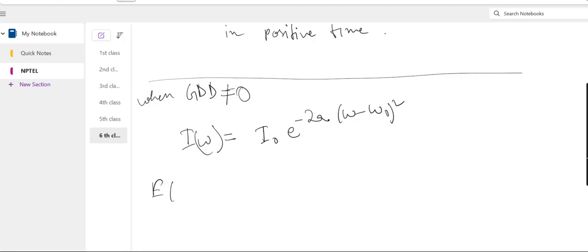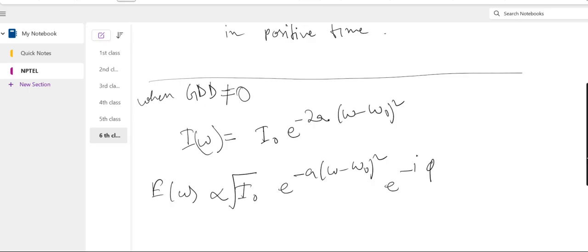So E omega would be something like e to the power minus a omega minus omega naught whole square, e to the power minus phi of